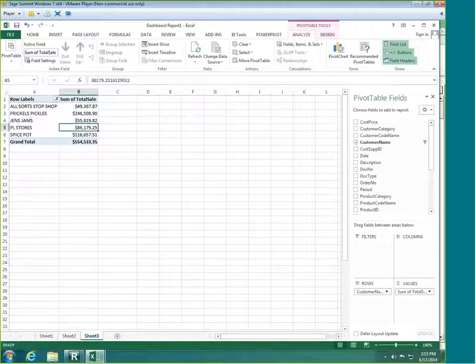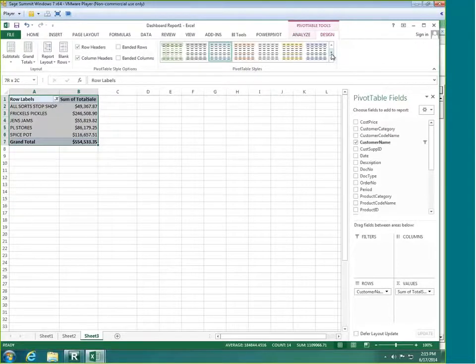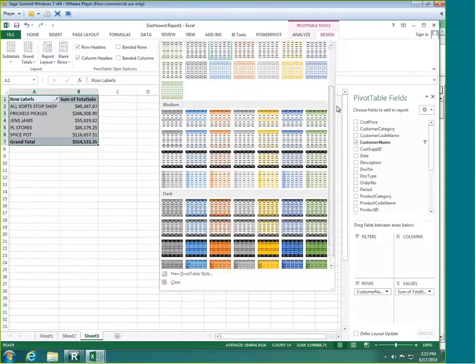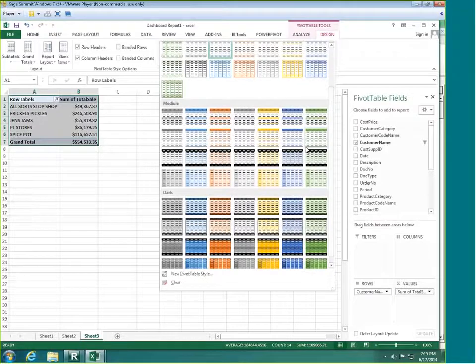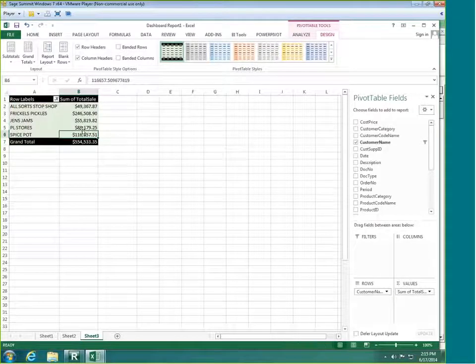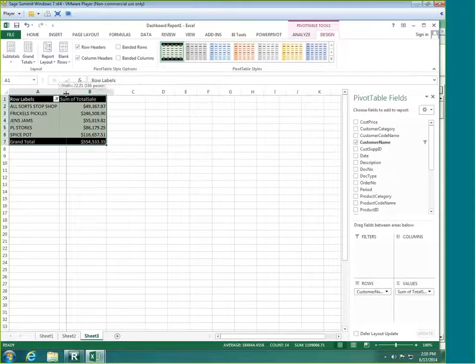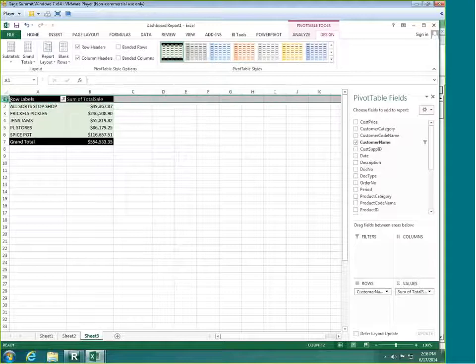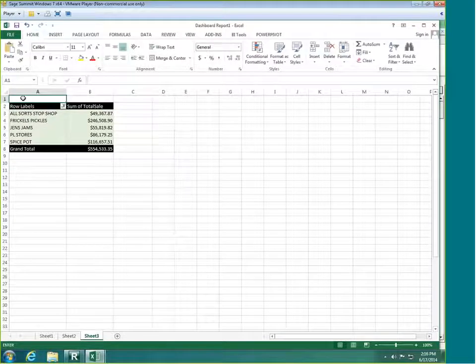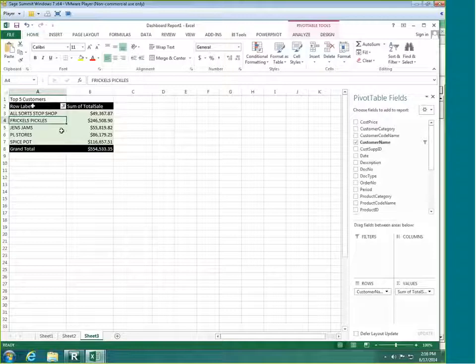So I have my top 5 customers and the sum of the total sale. So here I can, if I'd like to, let's say I just want to change the color of it. I have so many choices to change the color of this particular table. Let's say I choose a nice green outlined in black here, all right? And then I can maybe make it a little bit bigger. I can also insert a heading, top 5 customers, like so. Okay, so now I have my top 5 customers, and I think, well, I'd like my users to be able